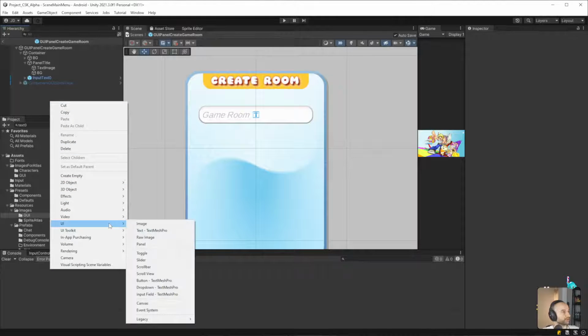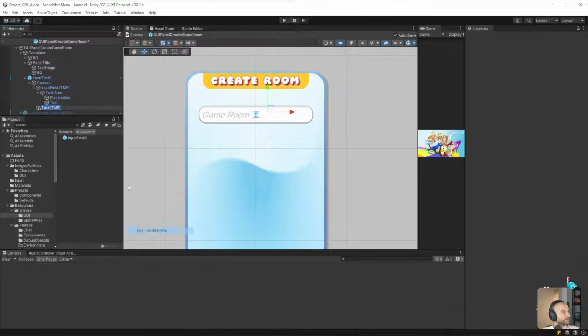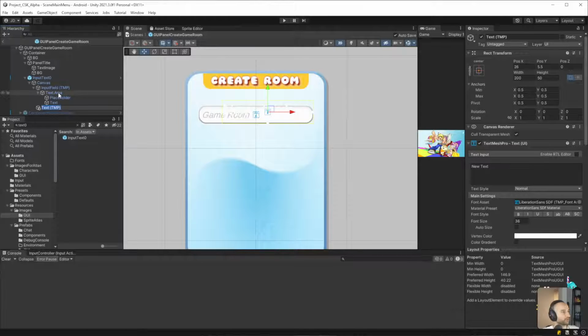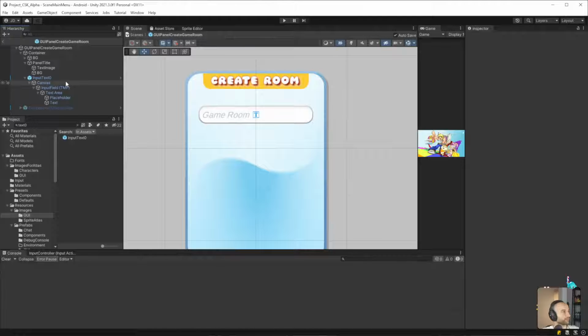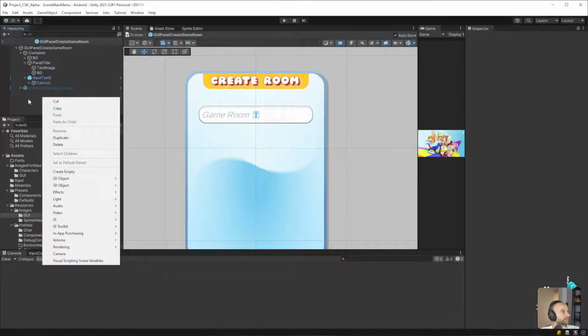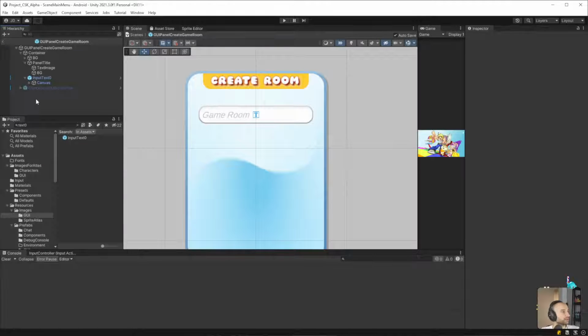So we'll create UI text mesh pro. See, I don't like that. I don't like how it finds the canvas and it tries to put it inside that canvas. I wanted to create a separate one. How do we do that?